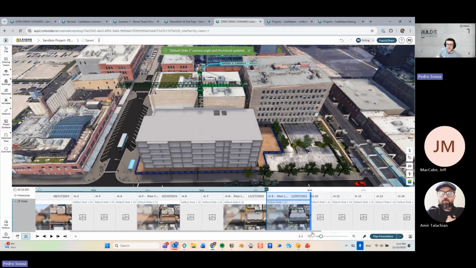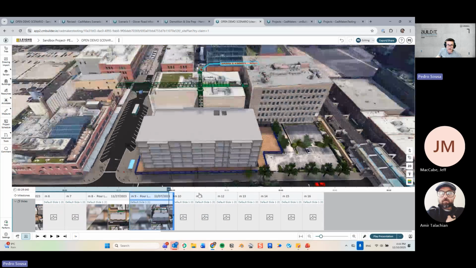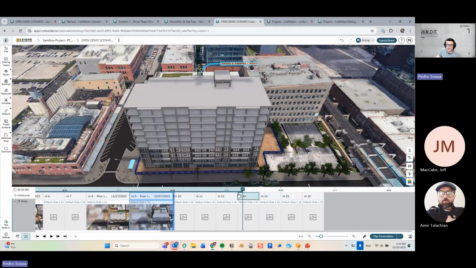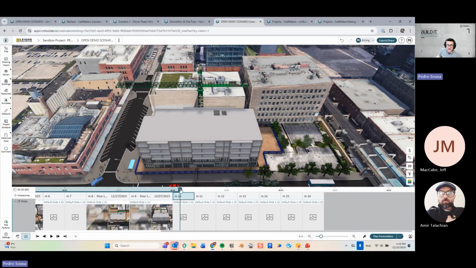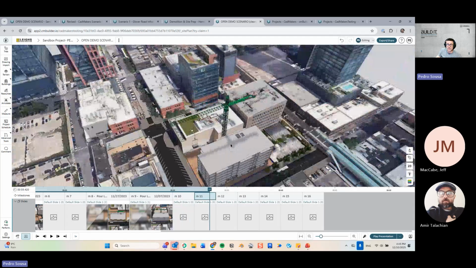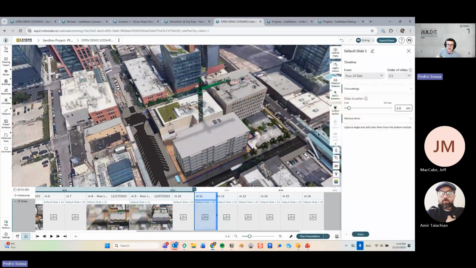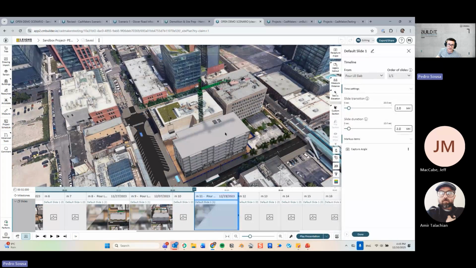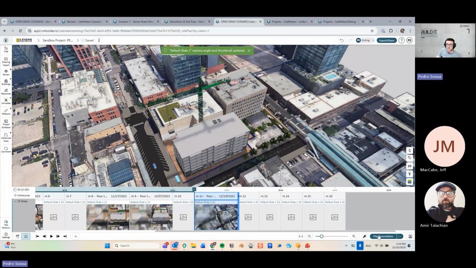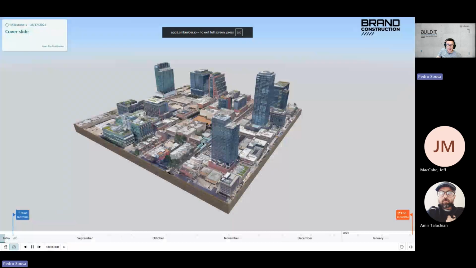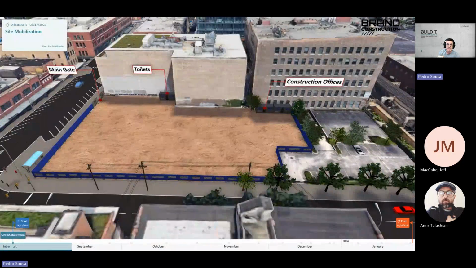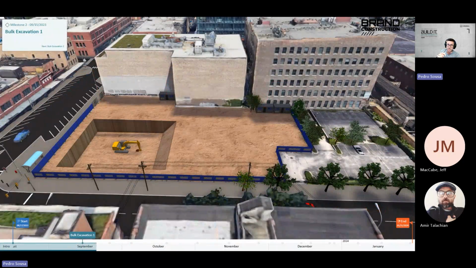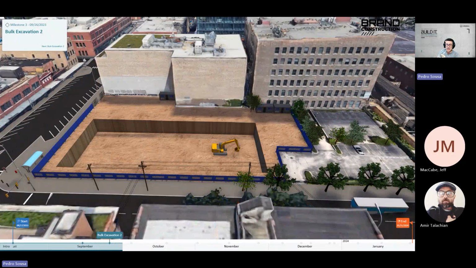And then let's just assume that this is going to be like that all the way through. Actually, I'm going to need you to jump at some point here. Let's say at this milestone, I'm going to jump my view to this angle, and that's going to stay there until the end. So when I play the presentation, everything that I created so far, all of these steps of construction, are captured in the view